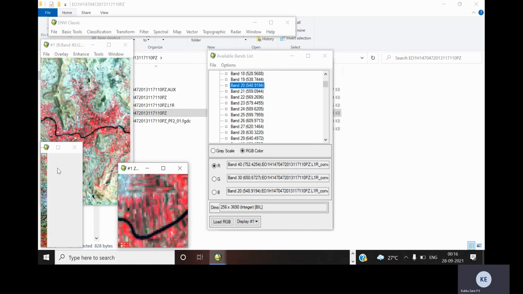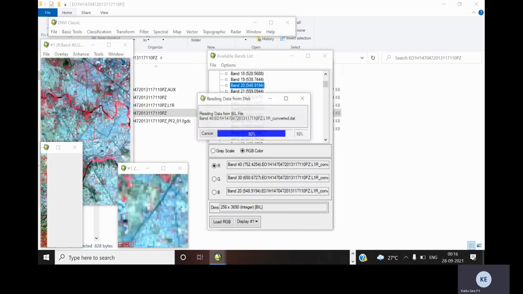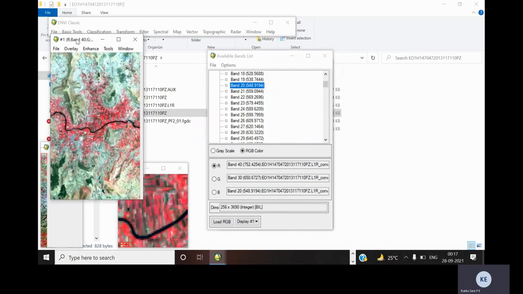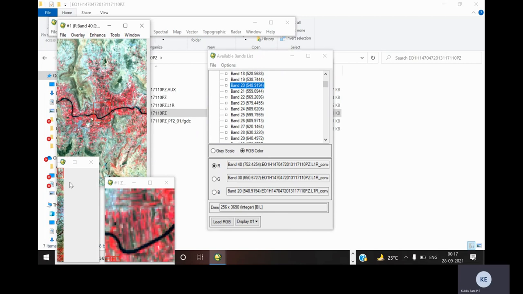Here you can see 3 windows. The first one shows the entire scene. This is our Hyperion data, and the display window 1 will show a little more, whatever is inside this selected square will be visible here, and an enlarged version of that is shown in the zoom window.